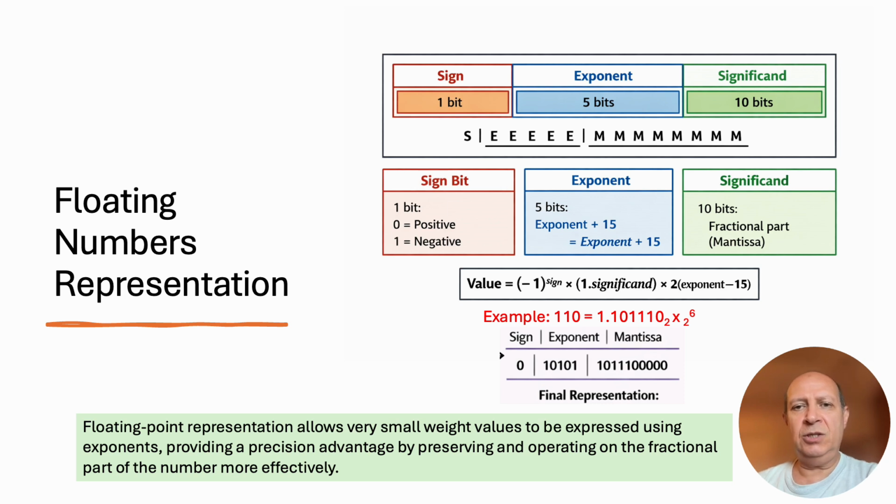Floating point representation is very helpful during model training because it enables us to magnify very small weight values or real number values by writing them in fractional format and multiplying them with the base 2 exponent. This results in enhancing the accuracy and precision of the model during the training and not ignoring small value weights in the process.